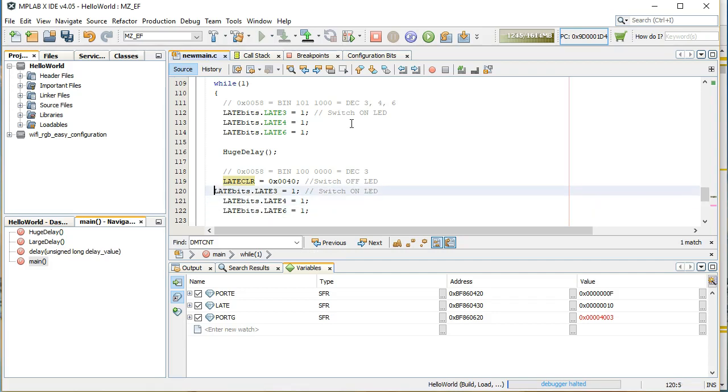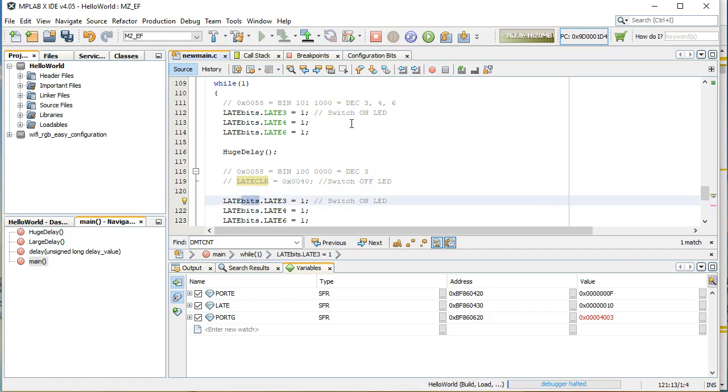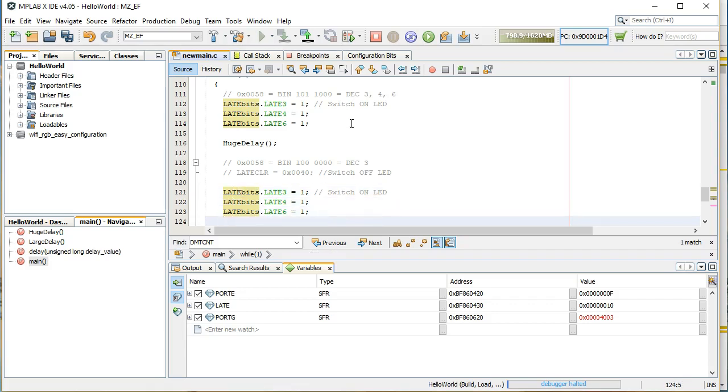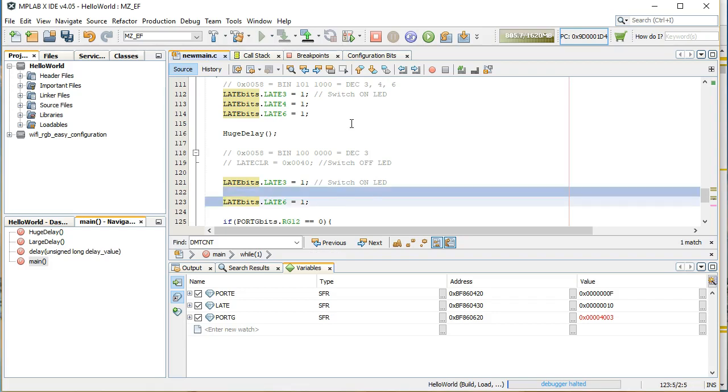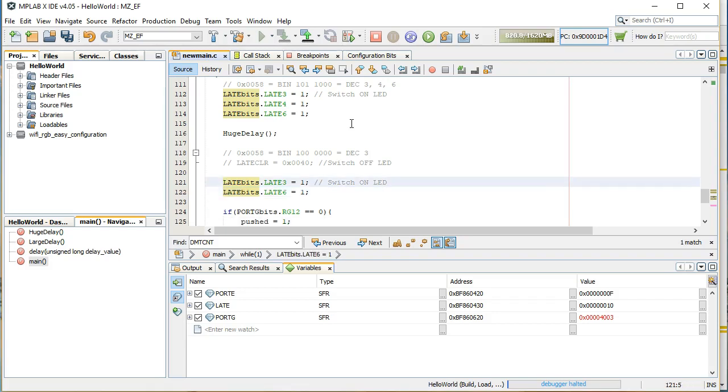So again, we're using clear here, but I think we're going to have to, since I don't think there's a latch clear, I think we're actually just going to have to decide which ones we want to set back to 0, with 0 being essentially an off state. And what we decided is we're going to keep 4 on always. So we're going to remove that. And then this is going to say switch off